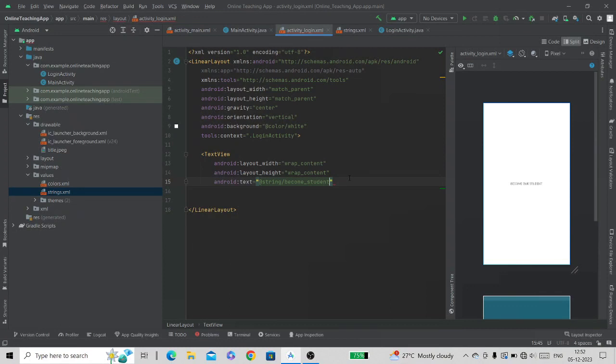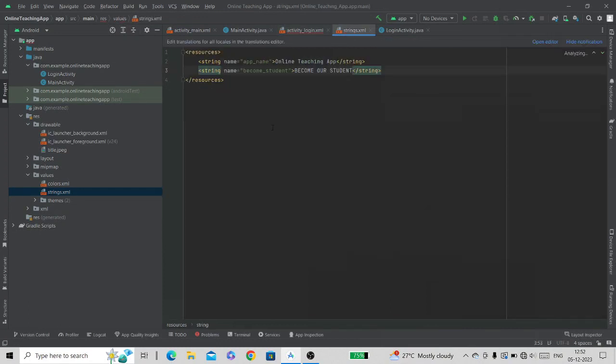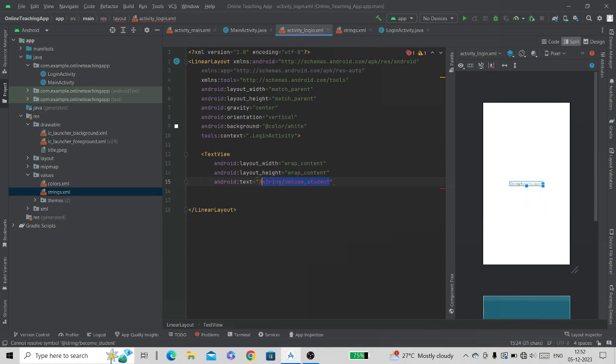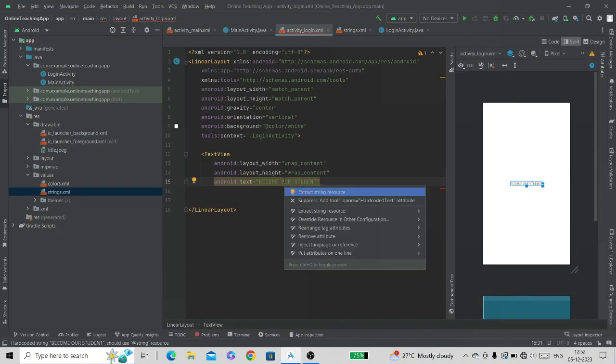Now we have another simpler way to do this. First we will remove this string. Now to create a string, the other way is that we will type the text which we want, and then we click on this text and press Alt plus Enter and click on extract string resource.